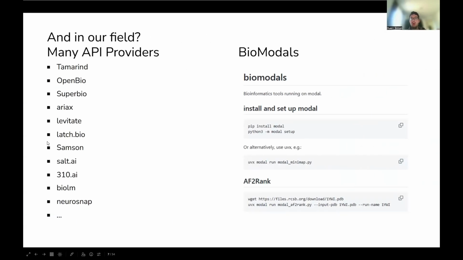But then this is in general. If you look at our field, at biology, protein design, protein structure prediction, and so on, we've seen that this has also happened a little bit. On the left, I'm listing quite a few of the companies that offer services similar to this ProteinMPNN app that I just showed you. It's a website, you register, you might have to pay them some money for the compute that you're using, but then you have a web form, you can enter the backbone you want to analyze or the sequence you want to predict, and you click a button and then you get the output.